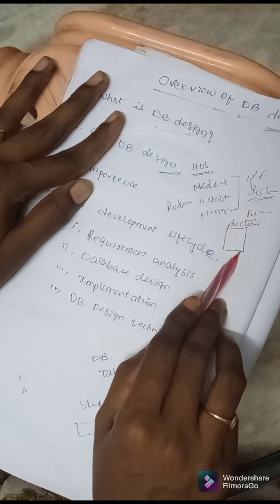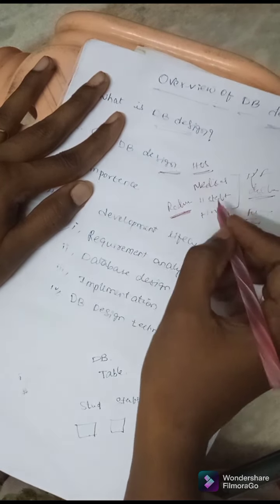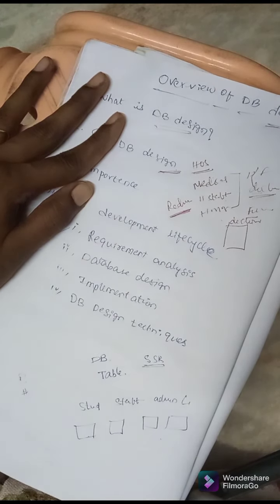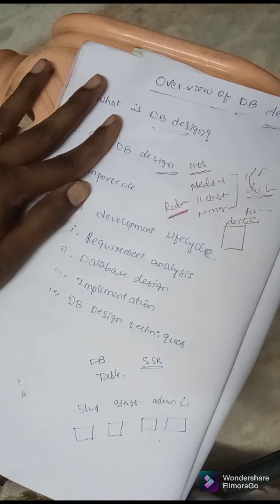So what we have to do? We have to avoid this redundancy. Means what? We have to collect the information in a very proper manner by asking some questions to the clients. So these are the doctors, part-time, full-time or any other doctors are there. How many doctors are there in future? How many doctors are you going to take? How many rooms are there in the hospital? How many ICUs are there? How many nurses are there?